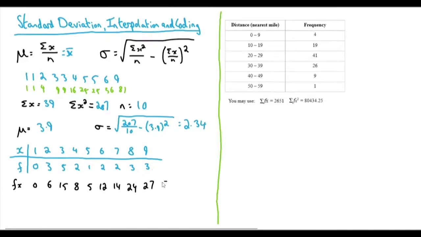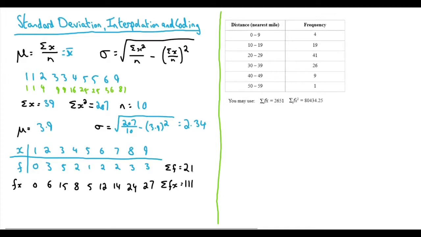So if we were just to work out the sum of fx, that should get us 111. And if we're also just to get the sum of f on its own, which would be the equivalent of working out how many terms there are, our n, that would get us 21. This would be enough to work out our mean, therefore, but to get the standard deviation, we're also going to